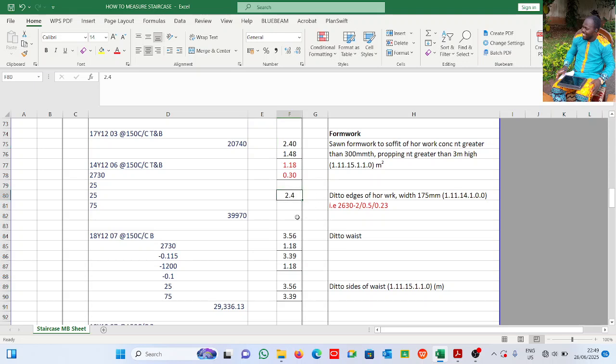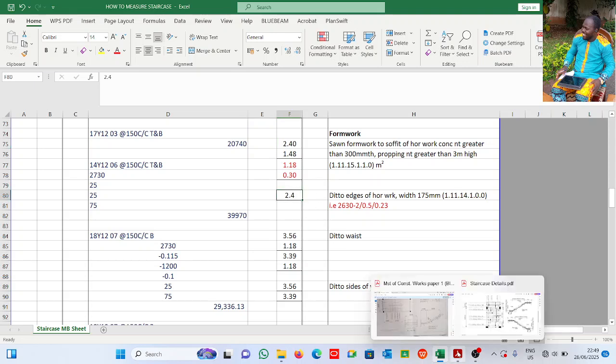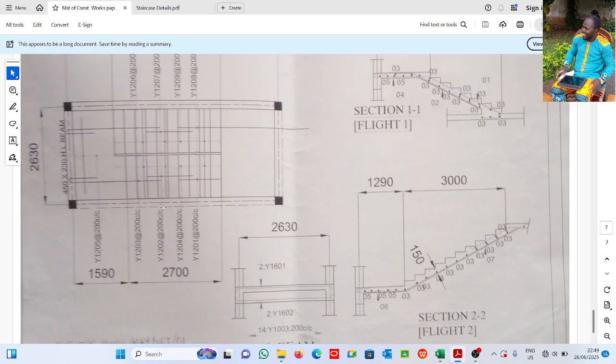Alright, of course, the edge of the landing. Now you see these two landings here. One is going up, the short one is going up, and the other one is coming from down. So in between them, at some point,